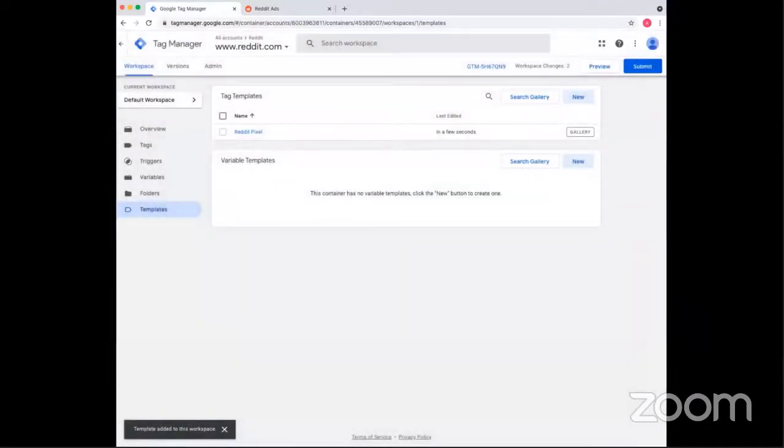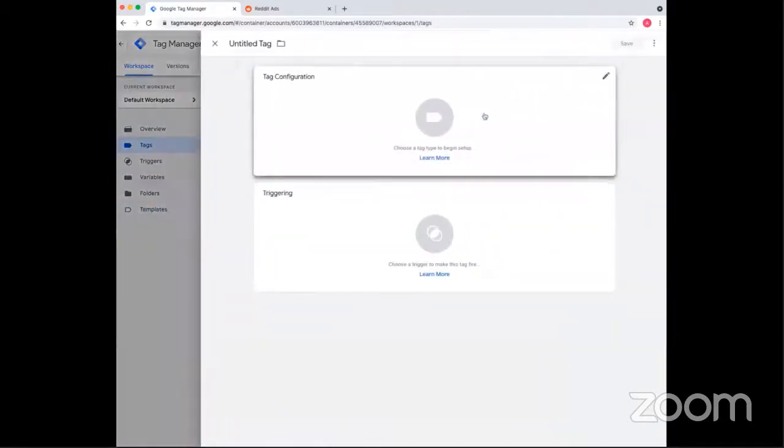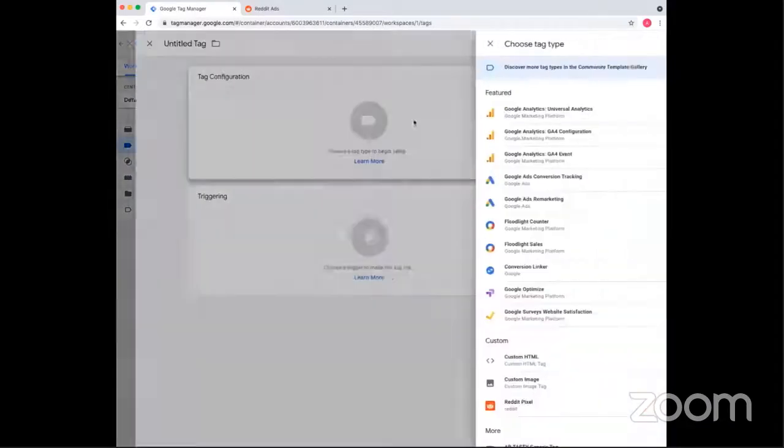And after you click Add, boom, there you go. The template will be ready to use. Now we'll go through how to set up the pixel using this template. Navigate to the Tags tab now on the side panel, and now you can click New, click on Tag Configuration,